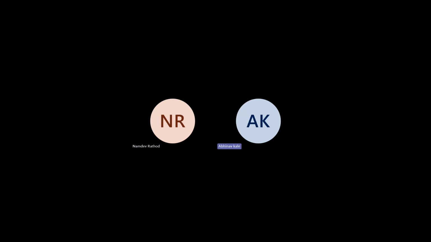Okay, in an EC2 instance there are two types of checks. The first one is the instance status check, and the second one is the system status check. The instance status check is related to the operating system, and the system status check is related to the hardware. If 2 out of 2 checks passed, it means both our instance and system checks passed. If 1 out of 2 checks passed,